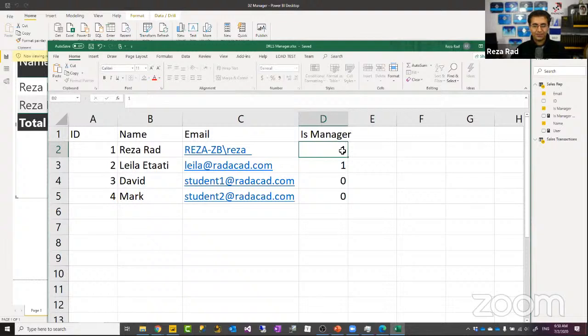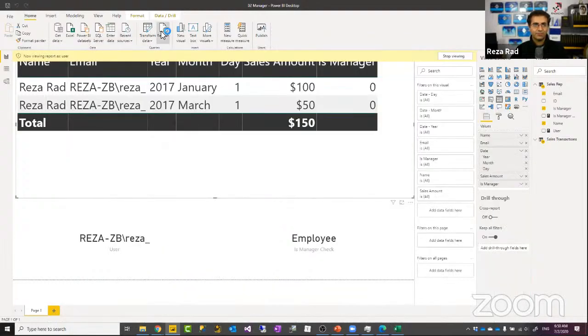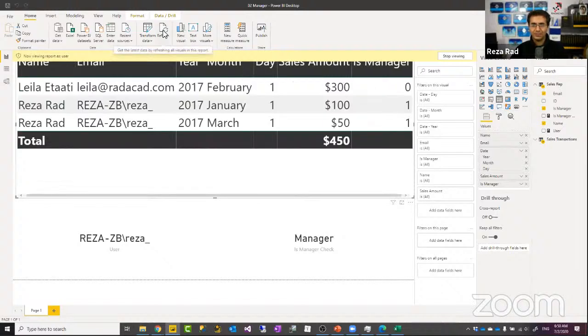When it becomes a manager again, and I can have 2 managers, there's nothing wrong with that. When I become a manager again, this would show me everything. You see, this is a true dynamic row-level security. I just changed the source and everything was impacted by that. With one single role, everything works. Now, this is talking about a flat structure. A hierarchical scenario is a little bit different again.